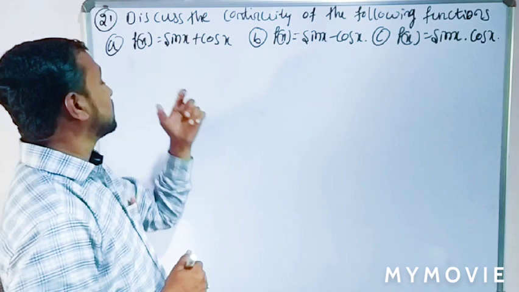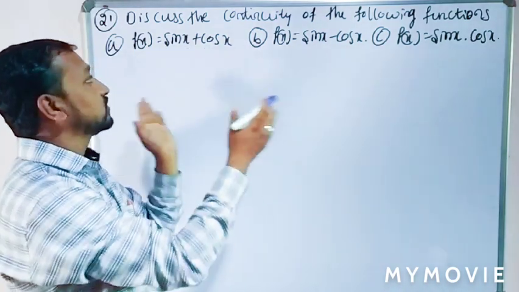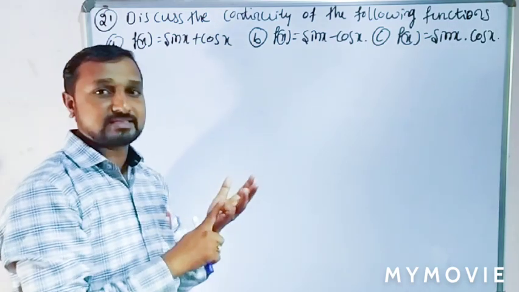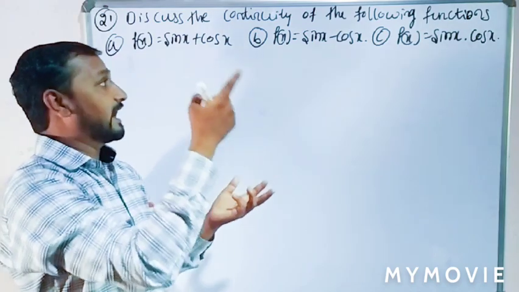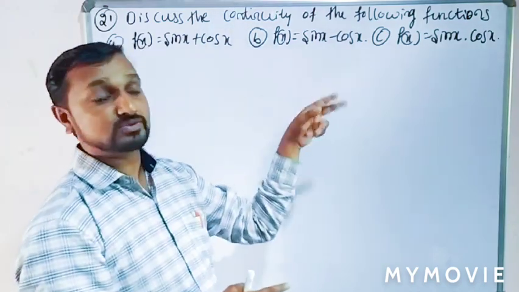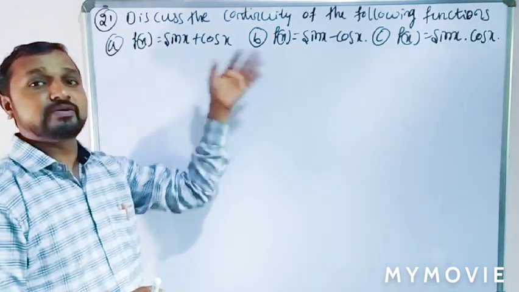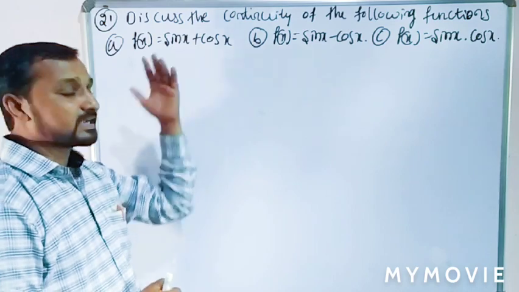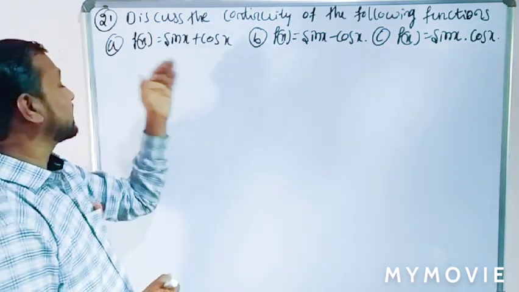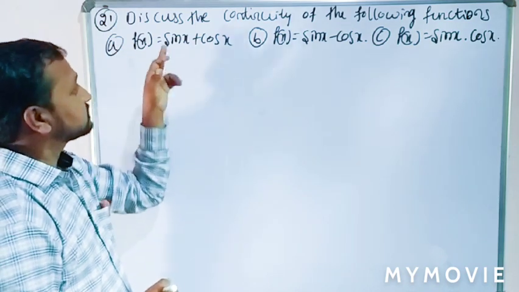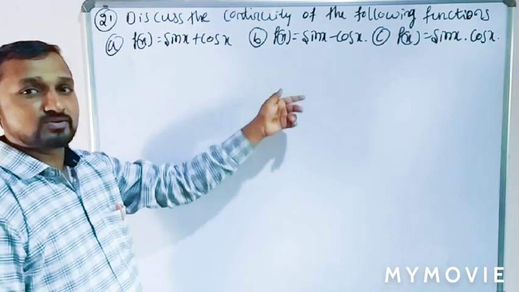Here we need to find whether sin x is continuous and cos x is continuous. Then the addition of two functions is also continuous. That is, if f is continuous and g is continuous, then f plus g is continuous at x equal to c, and f minus g is continuous at x equal to c, and similarly for the others. Okay. So already we know that the sin x function is continuous everywhere. The cos x function is also continuous everywhere. So we can write directly, by the algebraic method, f of x equal to g of x plus h of x, so the function should be continuous at x equal to c.